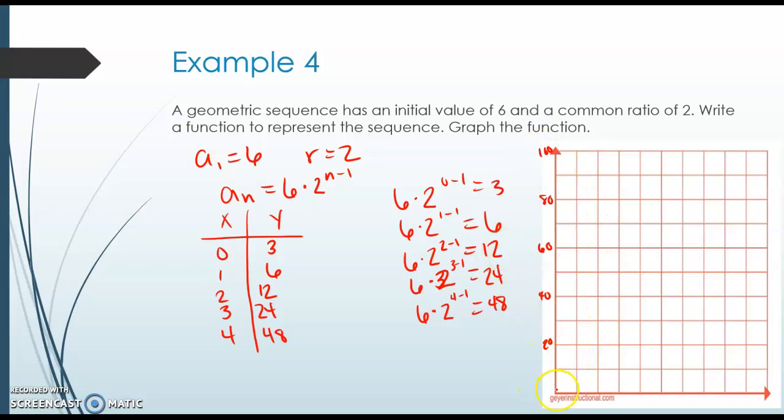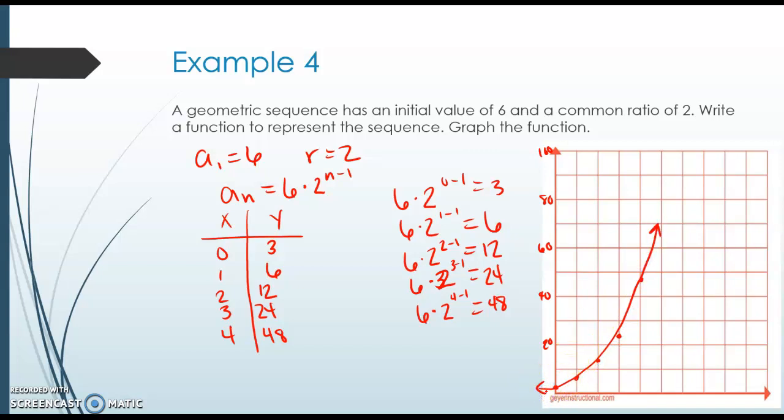So 0, 3, this is 10, so 3 would be about here. 1, 6 would be just above halfway. 2, 12 would be just above the line. 3, 24, so there's 20, so just below halfway. 4, 48, 40 almost to the 50, and then we just draw our curve here,